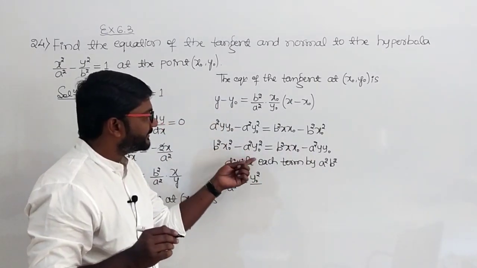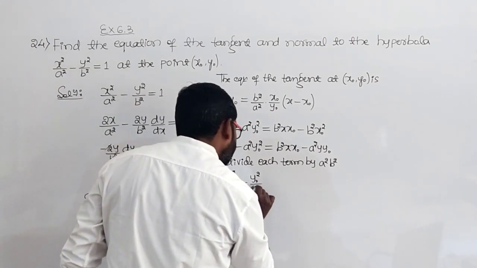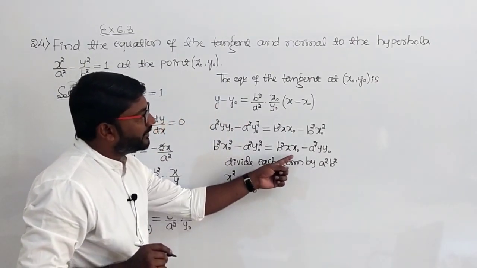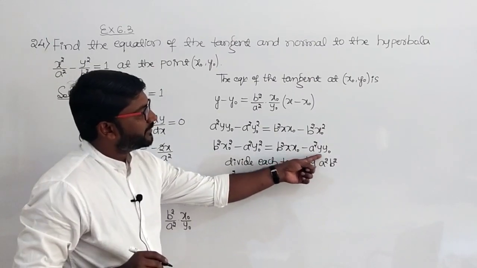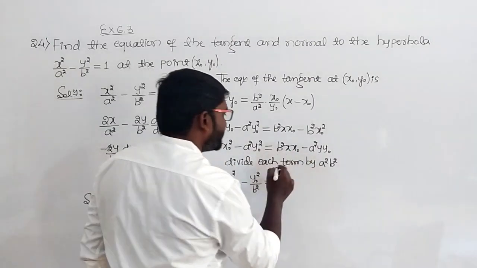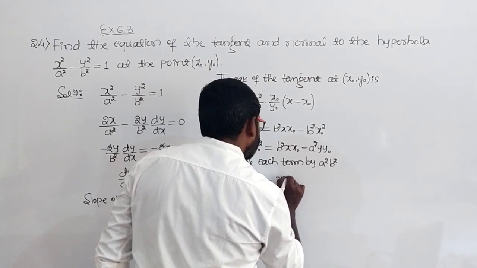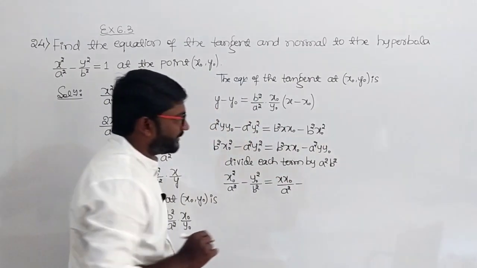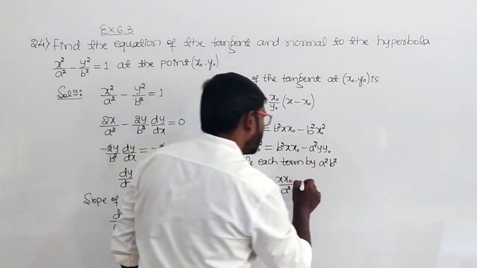A square and a square get cancelled, so you get y naught square by b square, which is equals to. So now divide a square b square for these two terms. So b square and b square get cancelled, so you get x naught divided by a square, then minus a square and a square get cancelled, so you get y naught